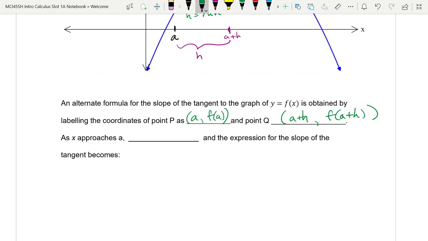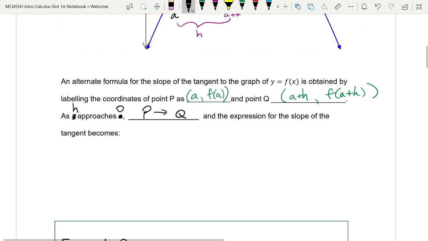And then here's where the typo is. Can you change this? This is what we talked about in the first one, in Formula 1. Instead of x approaching something, as h approaches 0. Can you fix that? When we adapted the last lesson, we forgot to make those changes. So as h approaches 0, P approaches Q, and the expression for the slope of the tangent becomes, well, let me start by